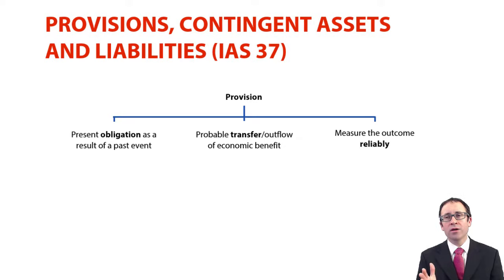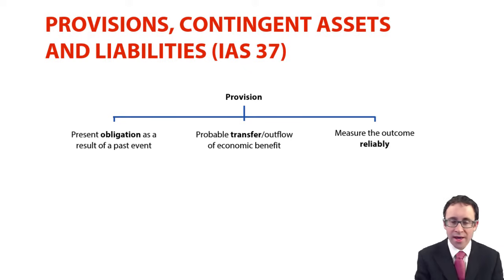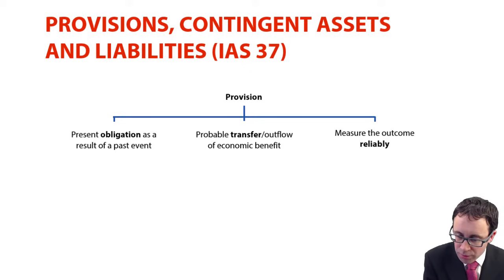However, what we've got to think about there is the recognition criteria as well, and that we will recognize that liability, that outflow of economic benefit as a result of a past event if we can go through there and measure that outflow reliably, and if that outflow is probable. Okay, so what we're going to do is bring that into the specifics that are dealt with under IAS 37 to help us look at a